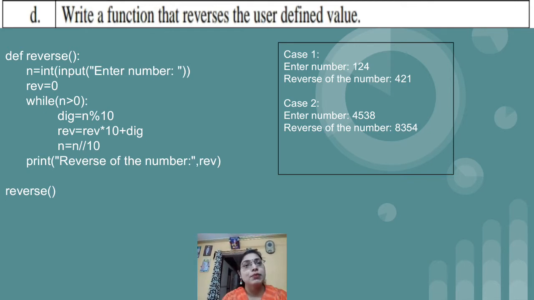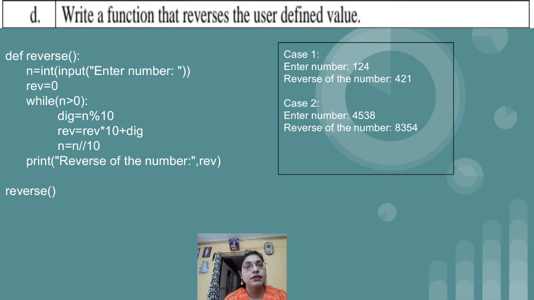In C++ we have already done this reverse number program with the help of the modulus (percentage) operator and the division operator. The same logic is used, and this program uses a while loop. Only with modulus and division operators, the program would work for a specific number of digits, like 3 digits or 2 digits.